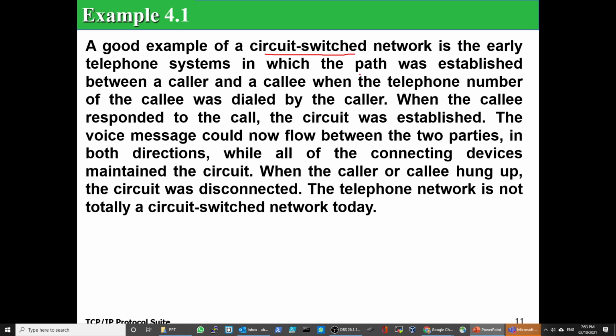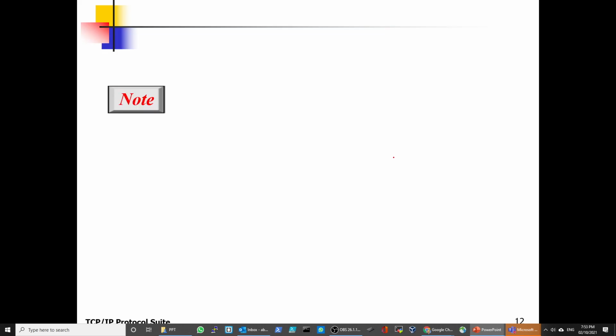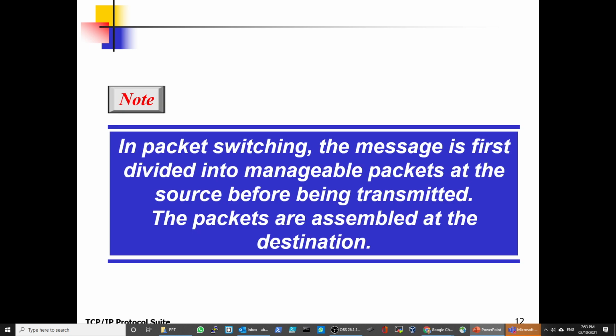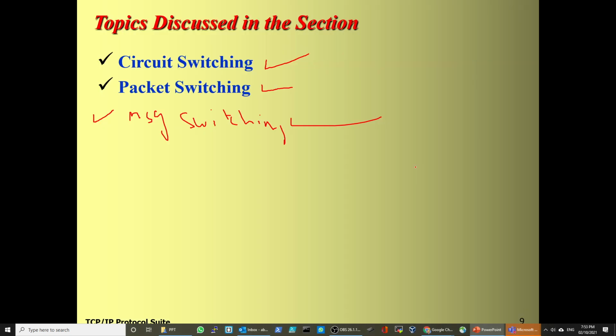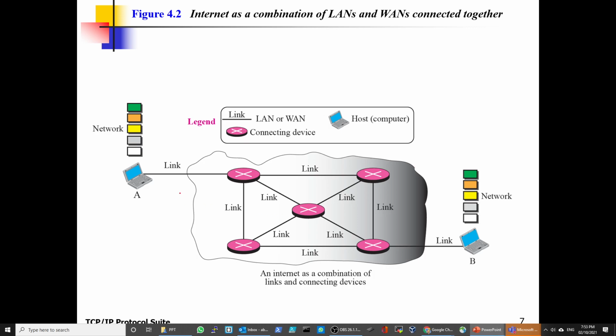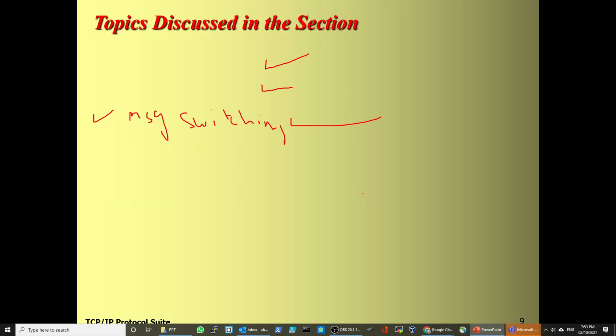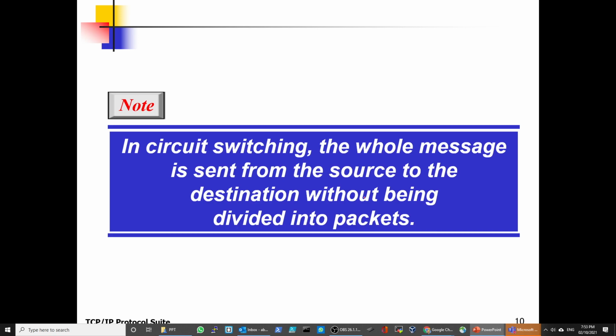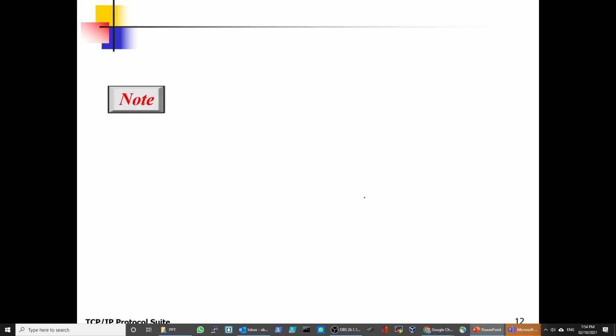It will not switch. So if I go back, maybe there is a picture in here. Okay, in here. So when you call, let's say this is a phone. What does it do? It will establish a link, a circuit, between you and the destination, and all the data will go through this circuit. That's why we call it circuit switching. All right, clear? That's what circuit switching is. If you forget what circuit switching is, it's like the phone.